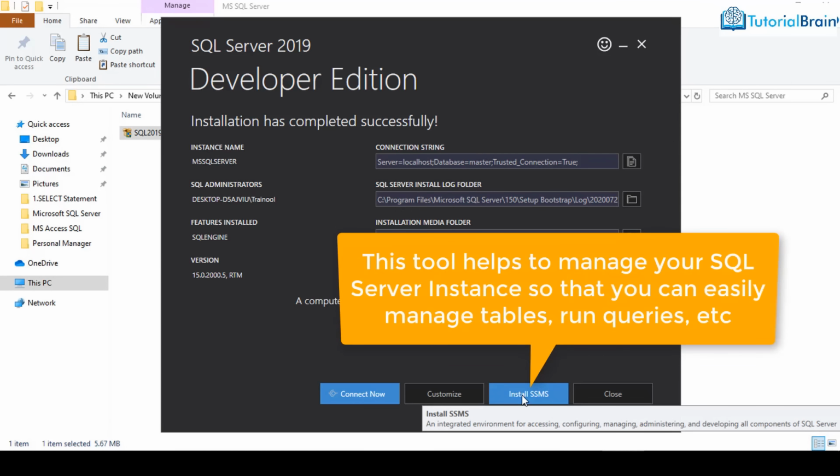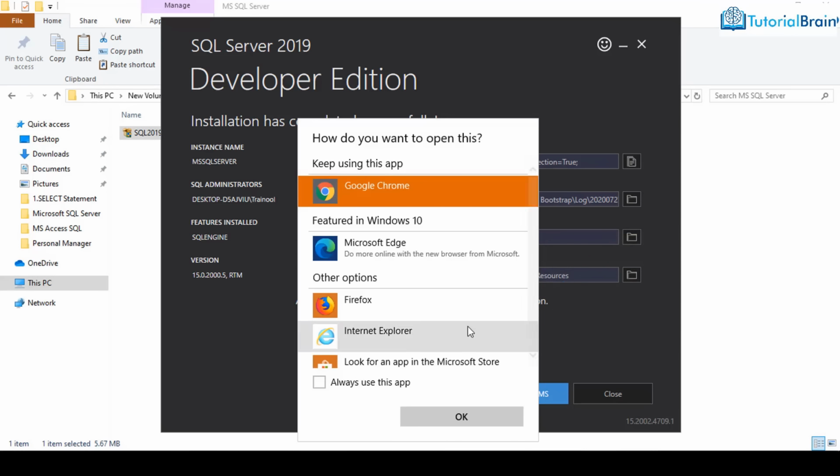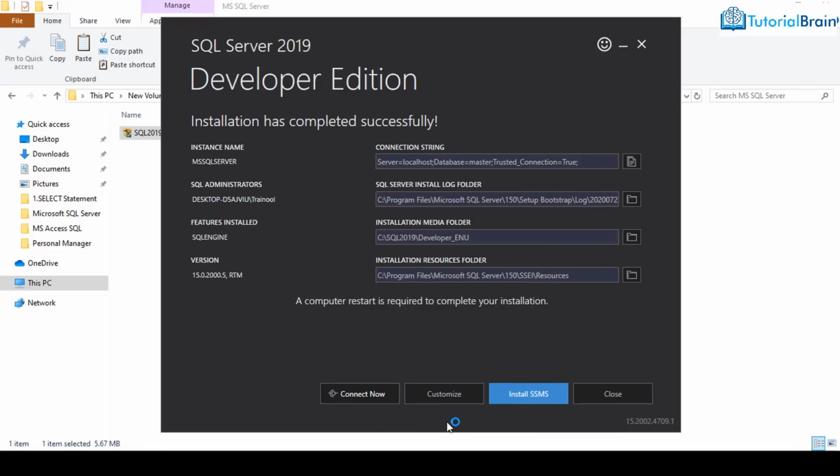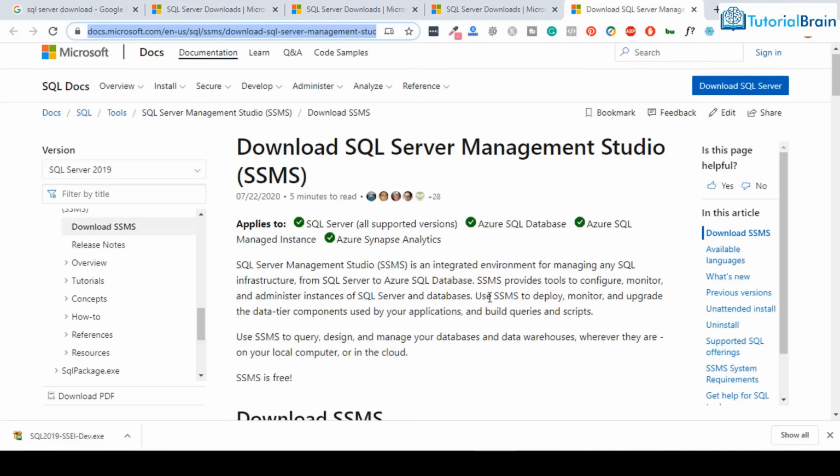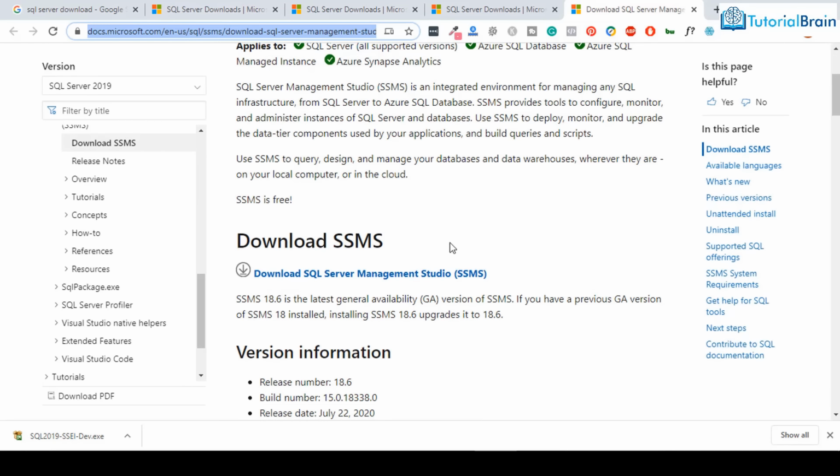So this SSMS represents SQL Server Management Studio and you have to install this. So just click on this and let me just open with Google Chrome itself. Click on OK. You can open with any other browser as well. And here, if you just come down, you see that you have this option that is download SSMS. Just click on this link